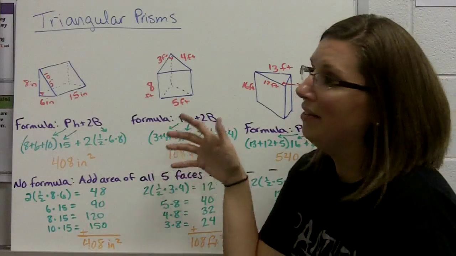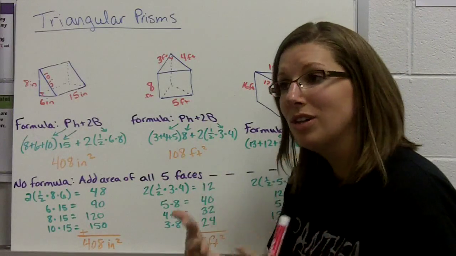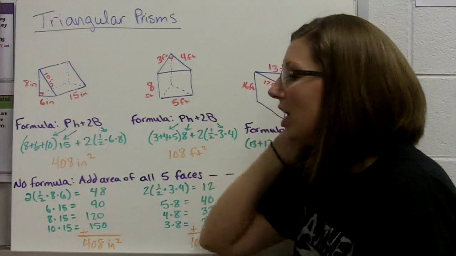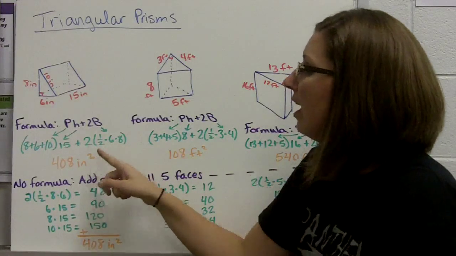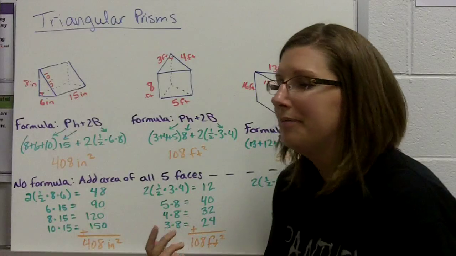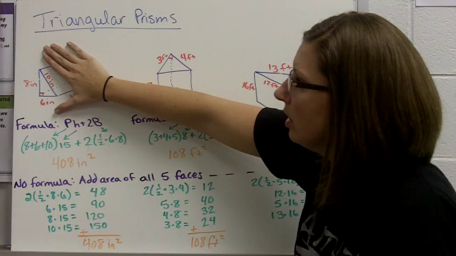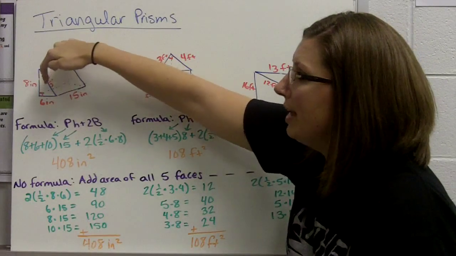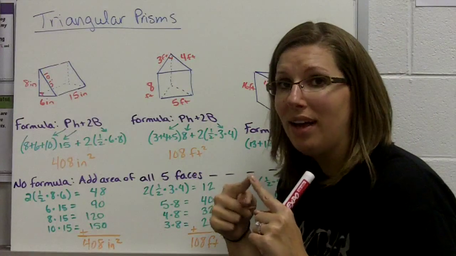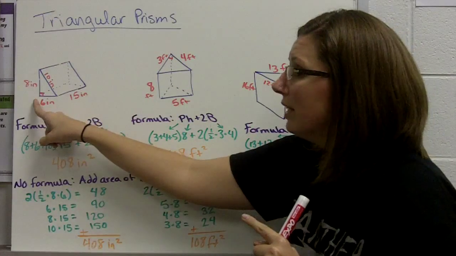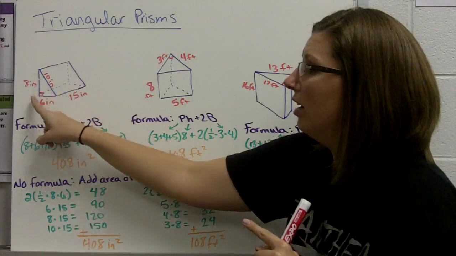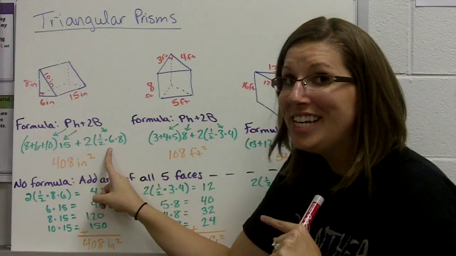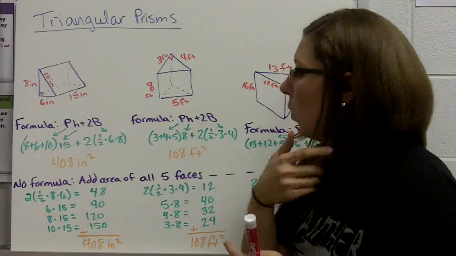So you have to remember, okay, how do I find the area of a triangle? Area of a triangle is half times base times height. Okay, so I set it up 2 times half. Then I have to think, what's my base and what's my height? Well, in a triangle, you'll see your base and your height when you look at the right angle. The base and the height come together to make a right angle. Wherever your right angle is, that's where your base and your height are. 8 and 6 are my base and my height. Not my 10, not my 15, but 8 and 6. Once you've got it written